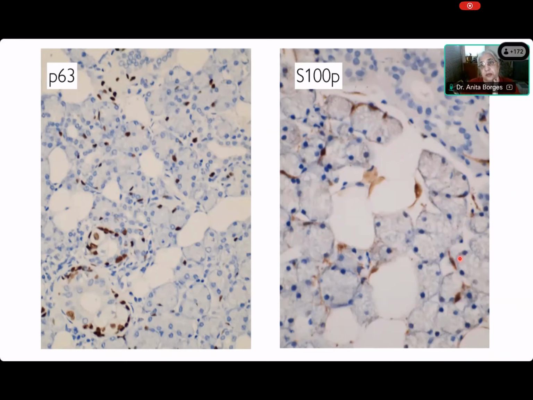And you can see here, there's a big duct in the top right-hand corner. Can everybody see that big duct in the top right-hand corner? And it has abluminal cells. You can see the two layers over here. But S100 protein has not marked the abluminal cells, and the word abluminal means away from the luminal, so lumen. So this is the second layer of cells, whereas it has marked the myoepithelial cells around the acini, as you can see over here. It's not marked the basal cells of the striated duct.